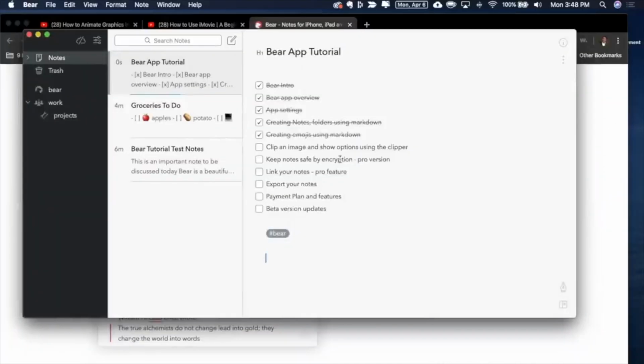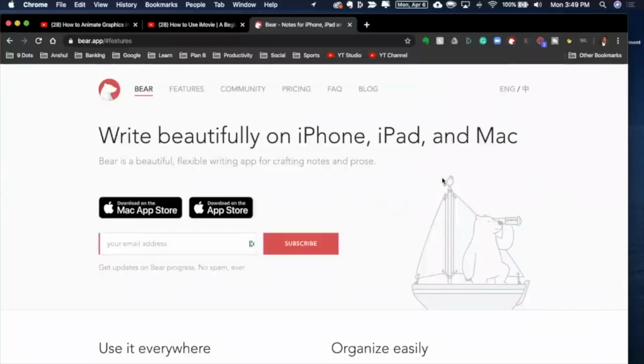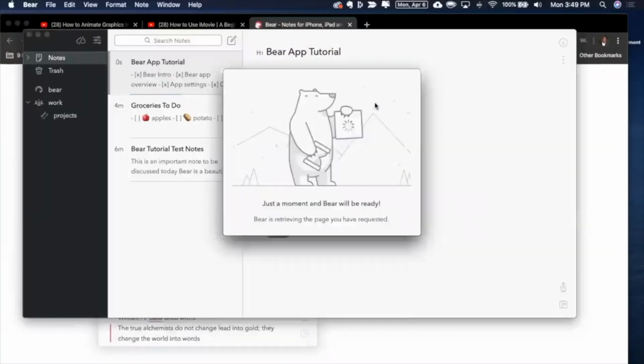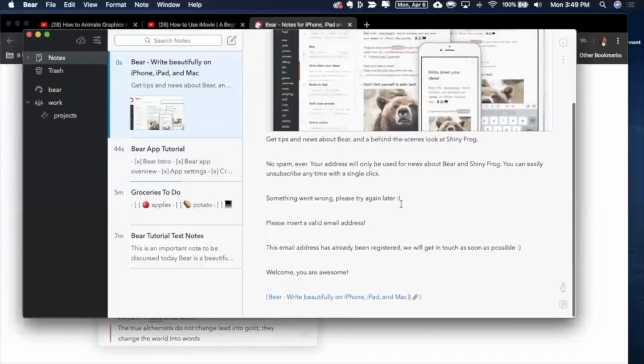Again, like Evernote, there is a clipper for this also. So just to give you a quick example, let me go to my Chrome. And you see, I've downloaded the clipper for Bear app. I want to have this stored somewhere in my Bear app. So I just go over here, very simple, open Bear app, and it is already clipping this image, as well as the information. And there you go. This entire thing is there.